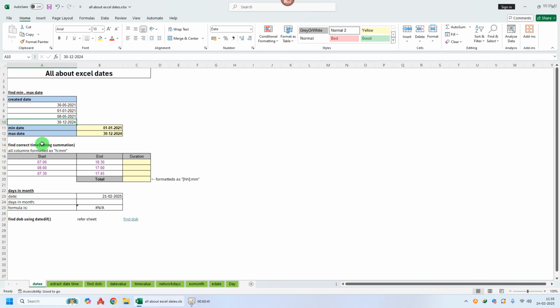So next is find correct time duration summary. So this is my start date, this is my end date. I want to see what the duration is between the start and end time. So I can use this function, is equal to this minus this. So it will give you 11 hours 30 minutes, the duration between two times. If you take it from top to the bottom, you'll be getting these values. And if I have to sum these durations,